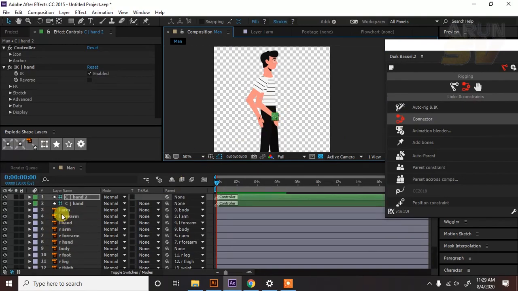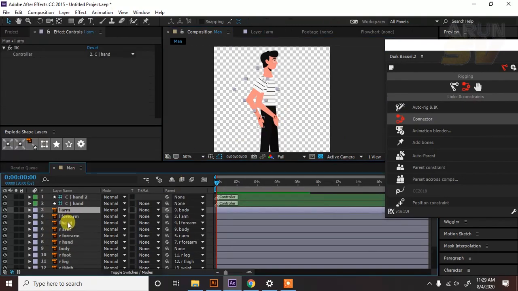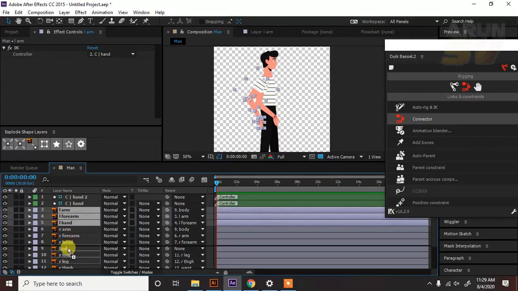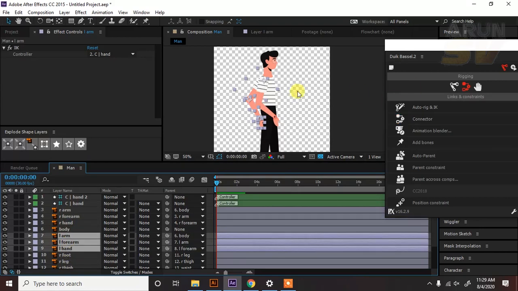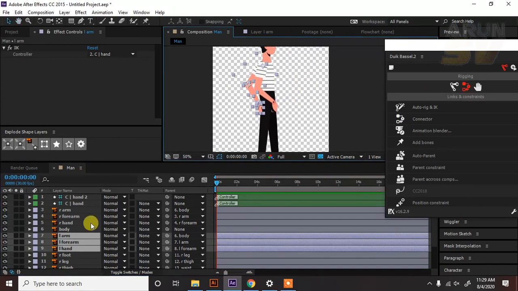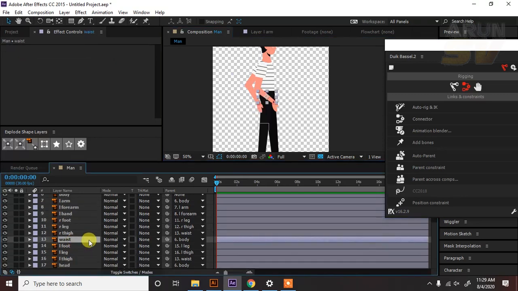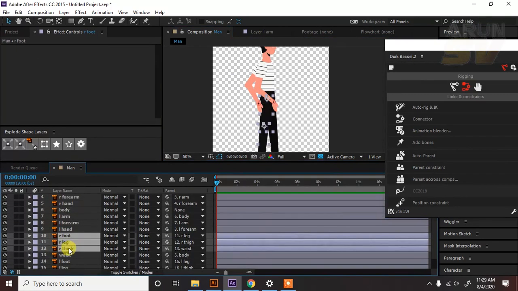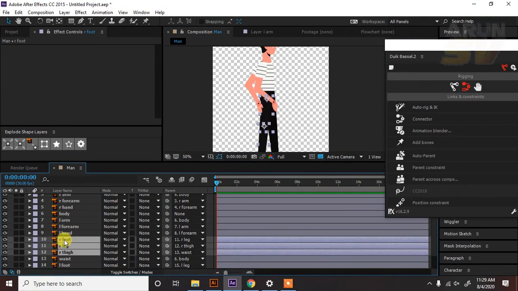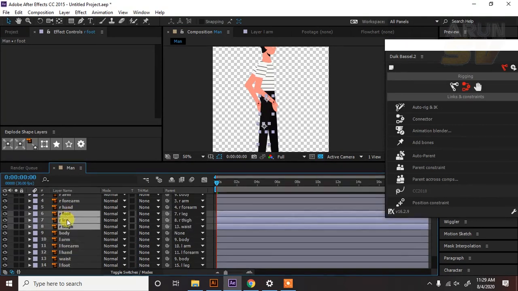Now we select the left side of the hand and place it at the bottom of the body, because it is behind the body, so that it works correctly. Now the waist and the right side of the body also go at the top of the body layer.